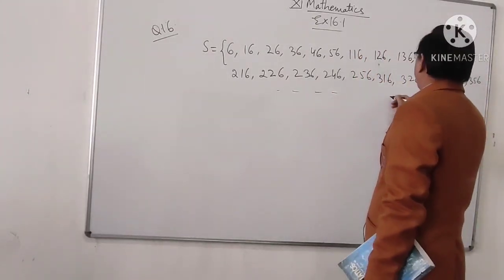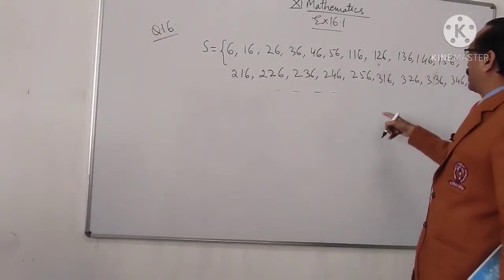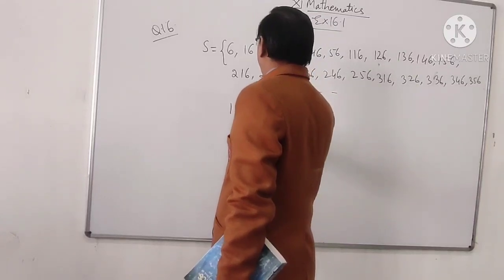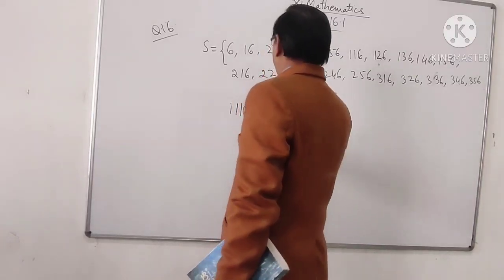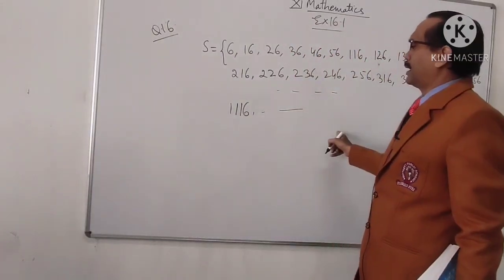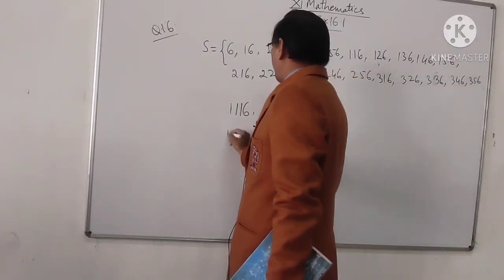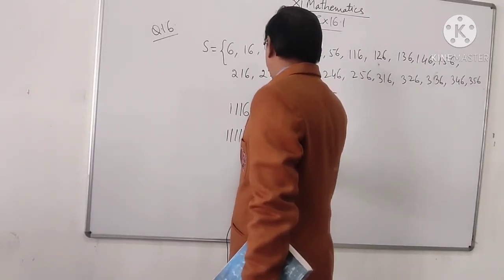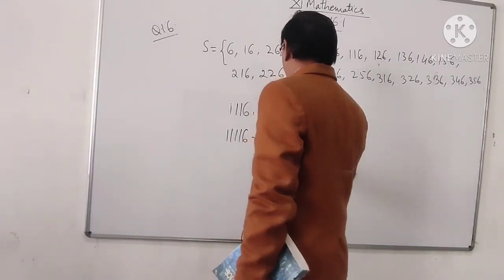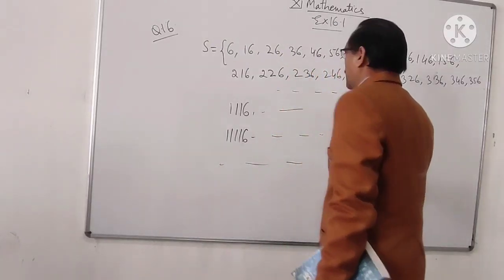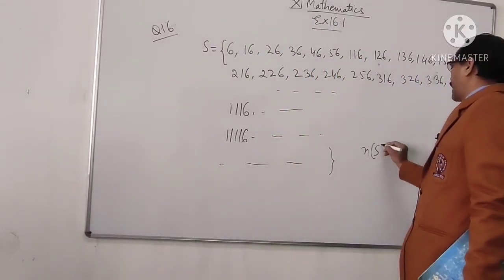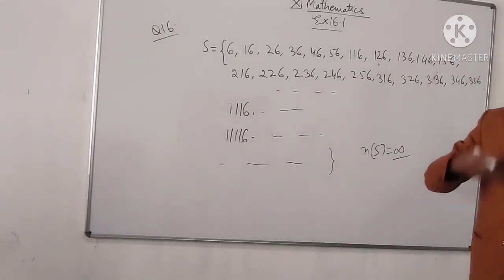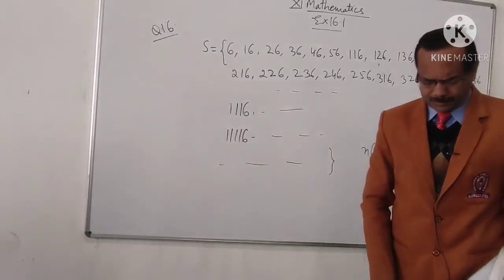Student, there are infinitely many cases, because when it comes on the 4th chance, there is 1, 1, 1, then 6, right? When it comes on the 5th chance, again there is a possibility 1 comes 4 times, then 6 comes. So this way there are infinitely many cases, and we can say here n is equal to infinity, because we will throw a die until 6 comes.